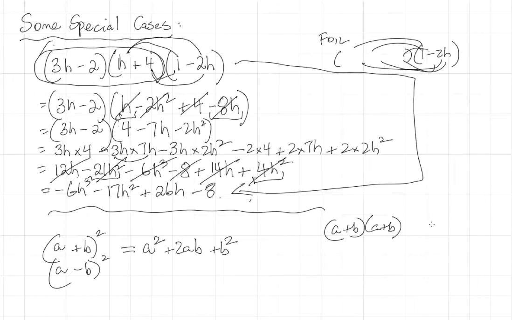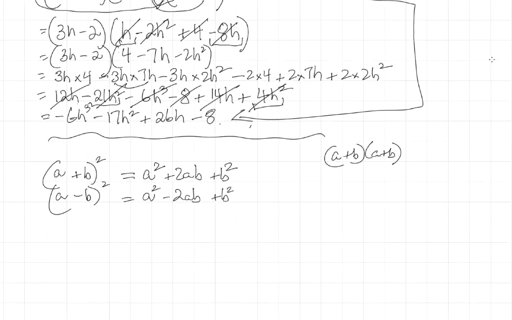So that sort of takes away the intermediate step of using FOIL. Go straight to the answer. Same method here, square the first term, we get a squared. Square the last term. Now the last term is negative b. Negative b squared is positive b squared. The product of the two is a times negative b is negative ab. Twice that is negative 2ab. So once again, I suggest that it is worthwhile